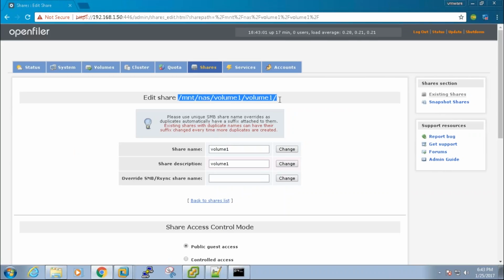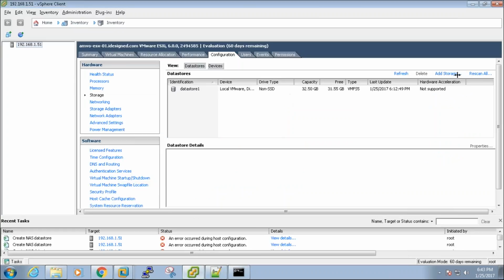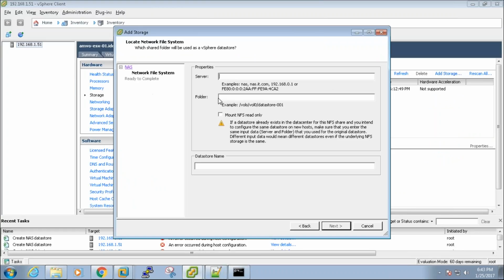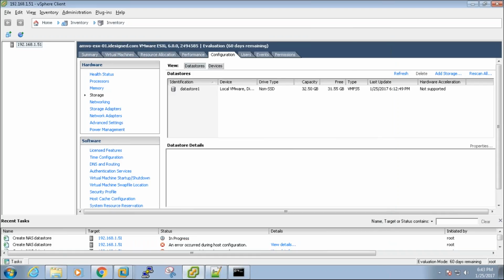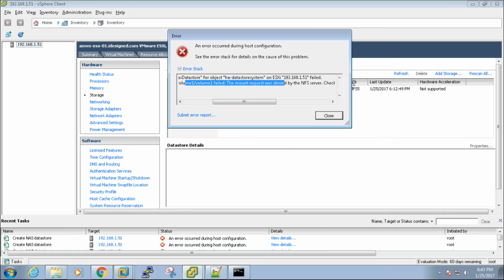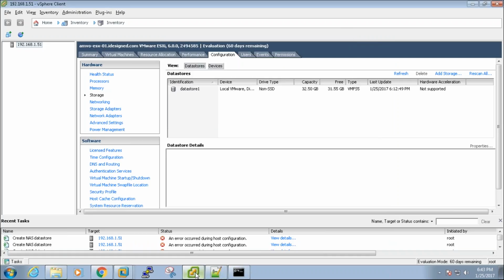Let me try one last time and see what error it throws. The error that comes is that the request was denied by the NAS server.